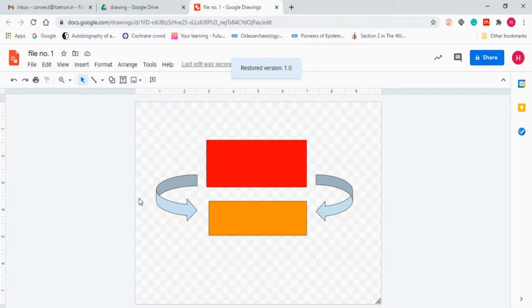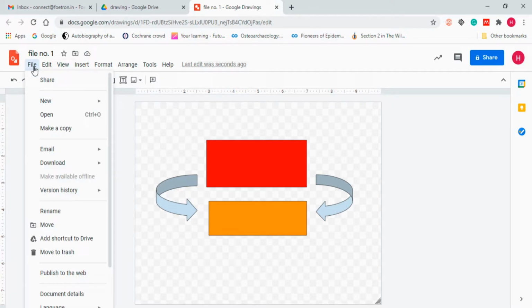So this is one of the crucial features. Like in our case in Microsoft, if we save something and if we just removed it and close the file, you won't be able to revert back to the position that you were at earlier. But in Google Drawing you can, and this feature is applicable in all the Google applications, sheets, slides, and everything that you can see. Spreadsheets also, so which is actually the sheets or docs. All these things are applicable in all the features.